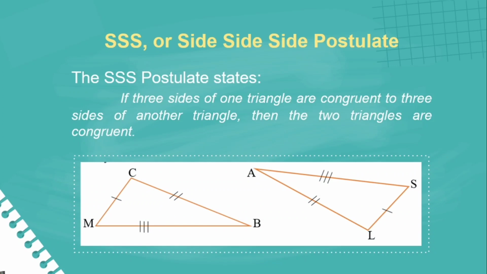So if triangle CMB has sides identical in measure to the three sides of LSA, then the two triangles are congruent by SSS. So in our illustration, all the corresponding sides of these two triangles are congruent. So by SSS postulate, these two triangles are congruent. Now let's have SAS, or